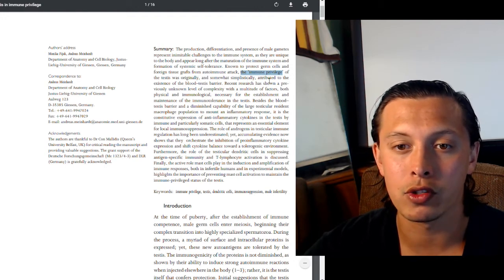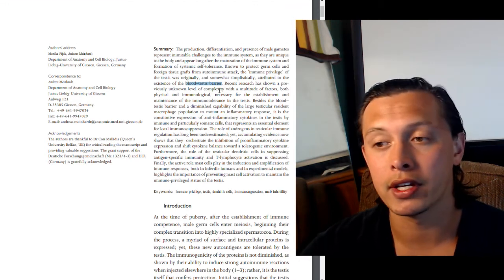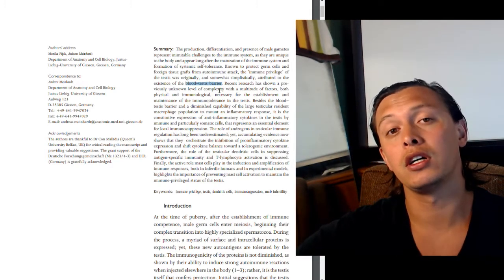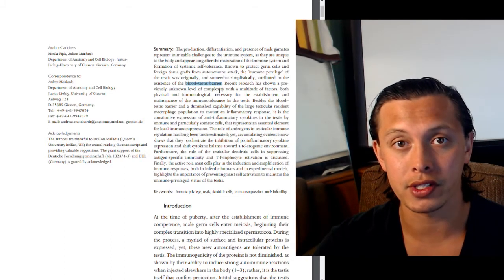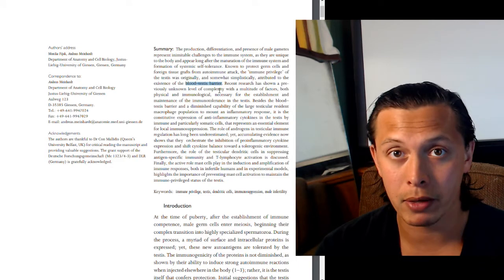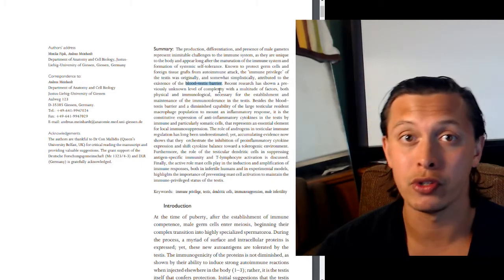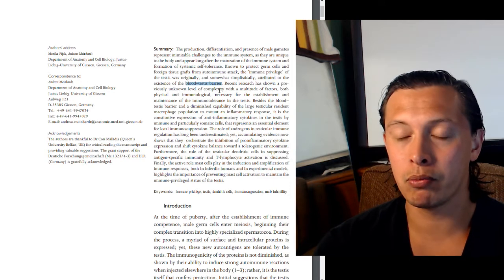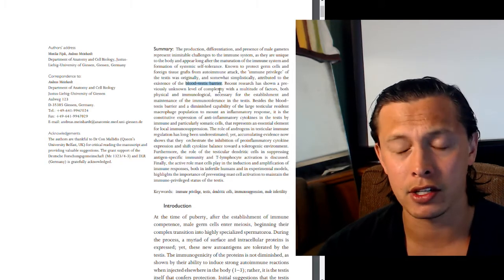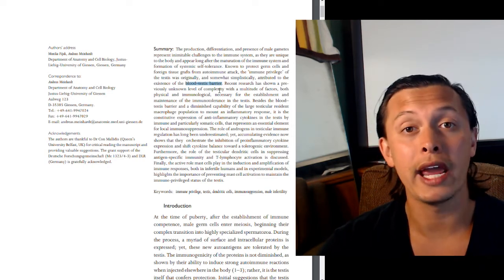the testis was originally and somewhat simplistically attributed to the existence of the blood-testis barrier. So you might have heard of things like the blood-brain barrier, where it is very difficult for large molecules to go from your circulatory system into the central nervous system fluids. That would be the blood-brain barrier, but there's also a similar barrier between the blood and the reproductive tissues of the testes. And so the previous model was that due to this tight control between the circulatory system and the testes tissue, we assumed that that was playing a major role in creating this immune privilege and protecting the